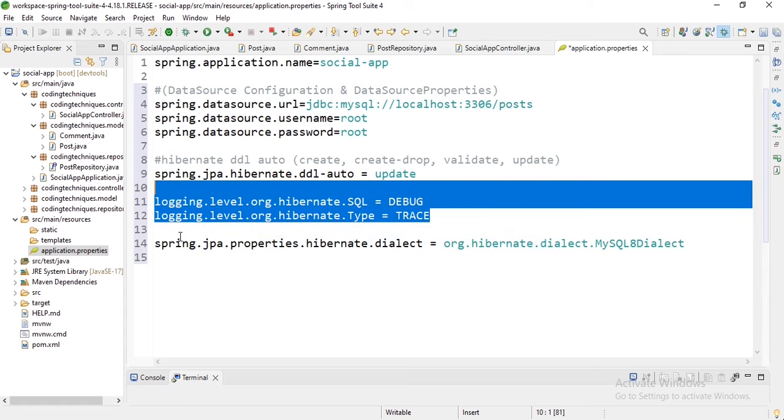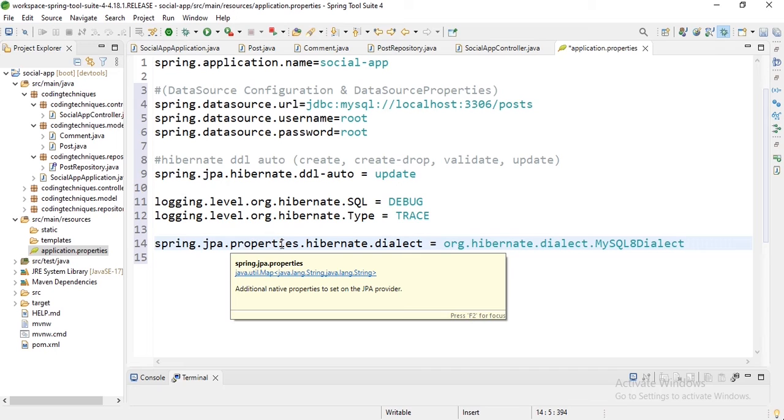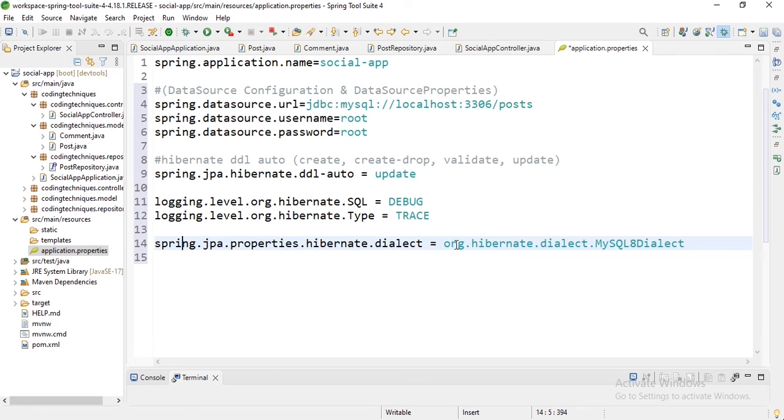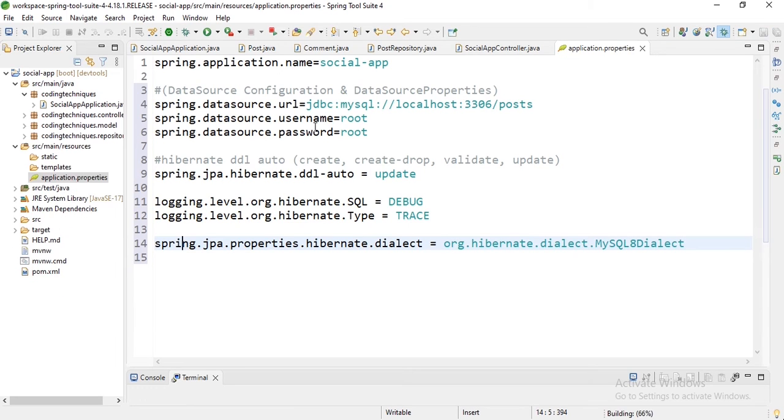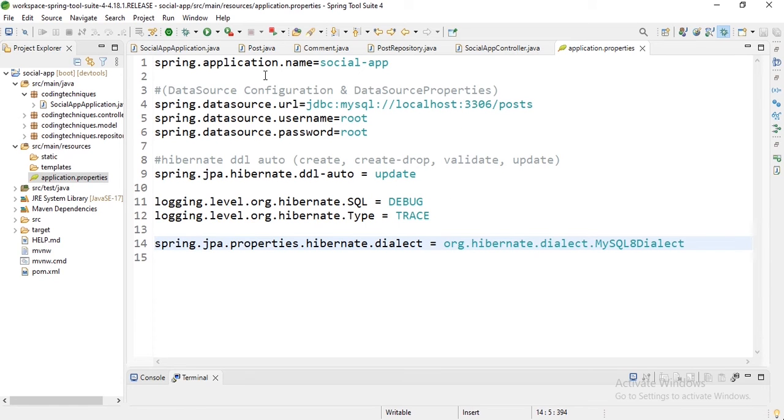And the last thing here, we have Spring.jpa properties Hibernate dialect. This specifies the Hibernate dialect for the MySQL database. It specifies the Hibernate dialect class for MySQL 8. Okay, so this is all we need, and if we save this, we can now run the application and check